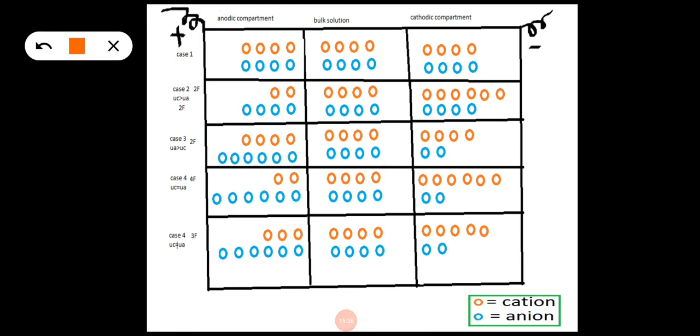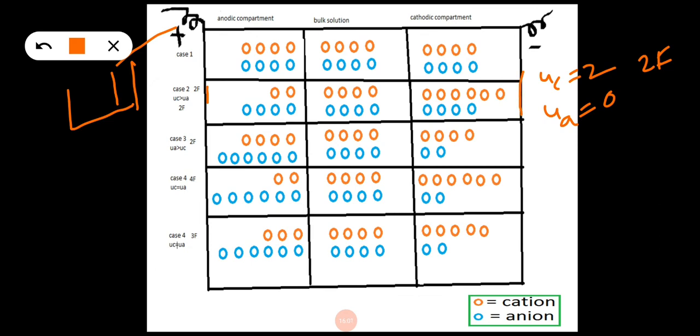In the first case, the speed of cation is 2 and speed of anion is 0 here, and let us suppose that 2 Faraday of current is passed. If we pass 2 Faraday of current, the amount of copper deposited in the copper voltmeter is again 2 equivalents, and silver ions deposited is 2. Number of nitrate ions coming here is also 2. If 2 nitrate ions are coming here, then they will bring 2 ions into the solution.